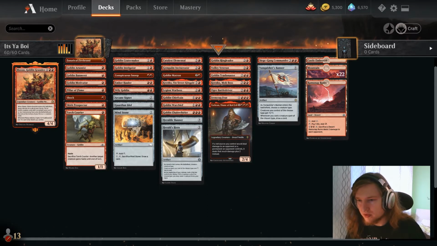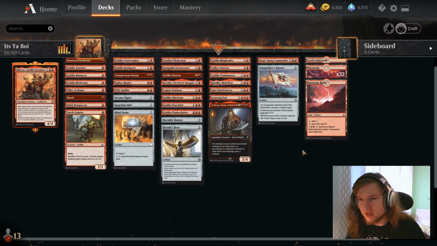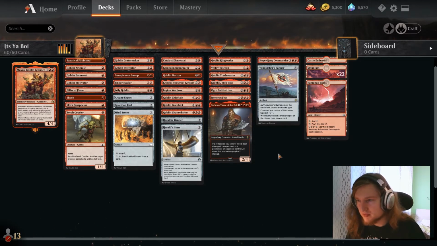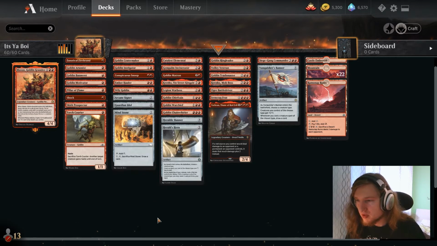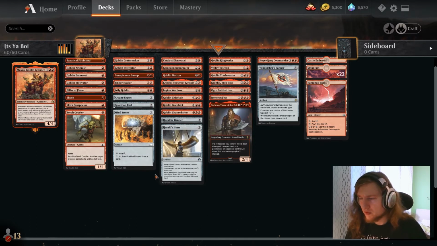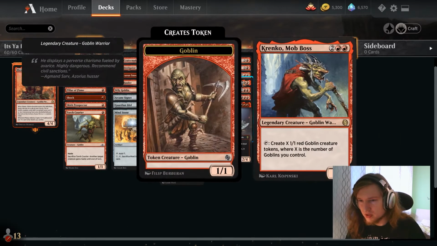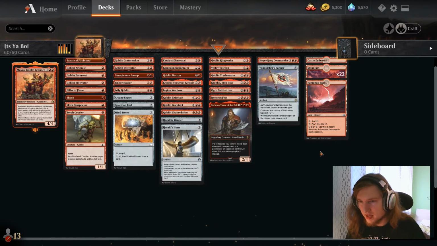Yeah, the rest of the deck is mostly goblins, 23 to be precise. And a few good red cards such as Torbrand, Thane of Redfell, and yeah, minimal interaction with Shock and Pillar of Flame to get rid of turn 1 mana dorks from the opponent. Another thing to note, the big discussion is Kranko versus Muxus as a commander,